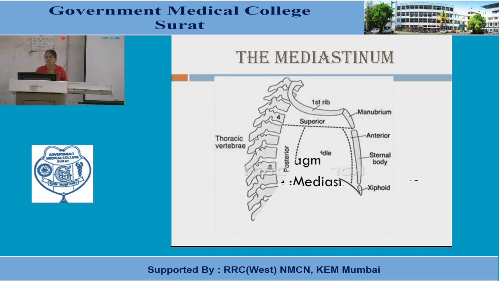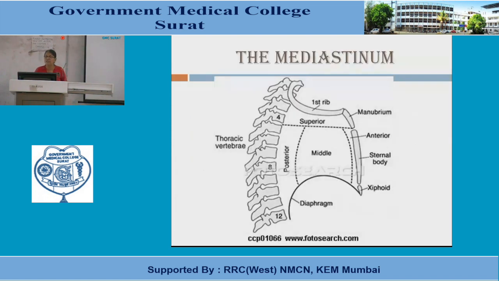Now what are the boundaries of the mediastinum? We'll see this diagram for the boundaries. Superiorly there is the thoracic inlet of the thorax. This inlet is lined on either side by the first rib, and in the middle anteriorly by the upper border of the manubrium. You know the parts of the sternum. Let us first identify the various structures in this diagram. This is the manubrium part of the sternum. This is the body of the sternum, and here is the xiphoid process. So these are the three parts of the sternum anteriorly.